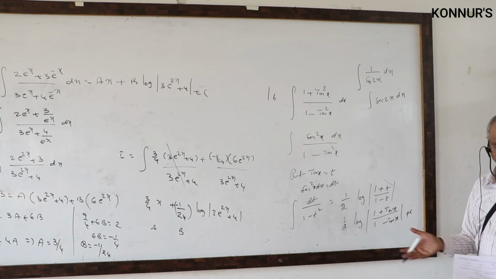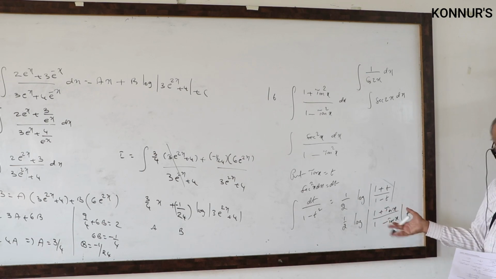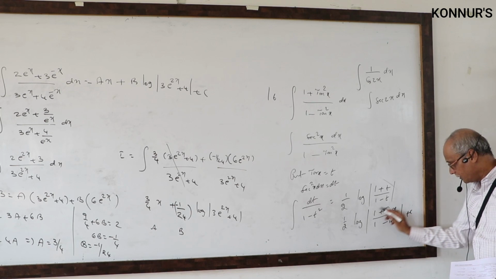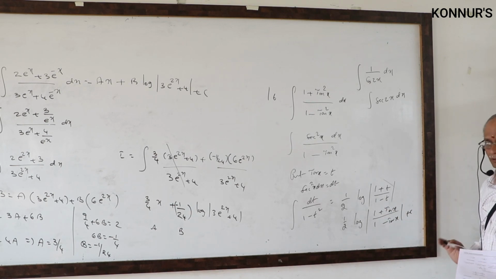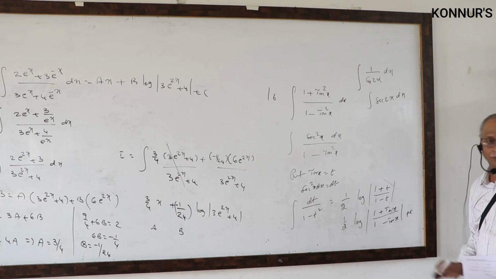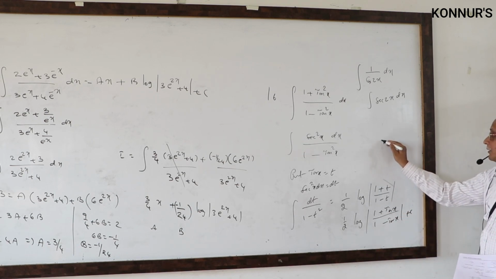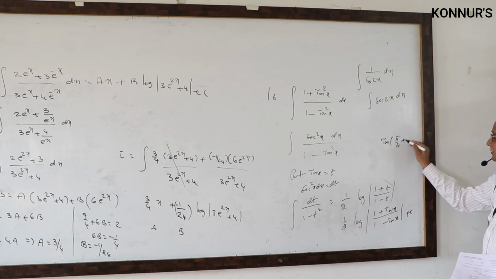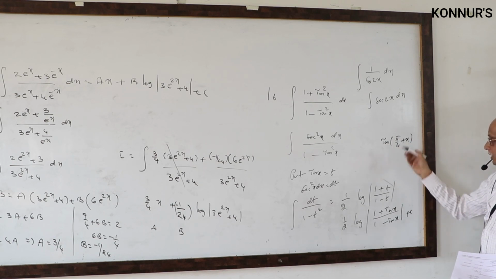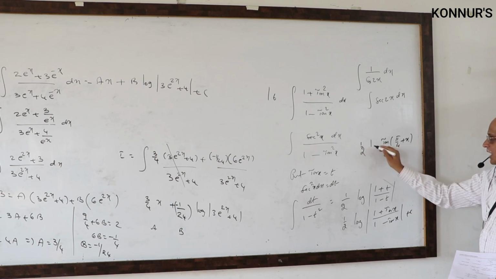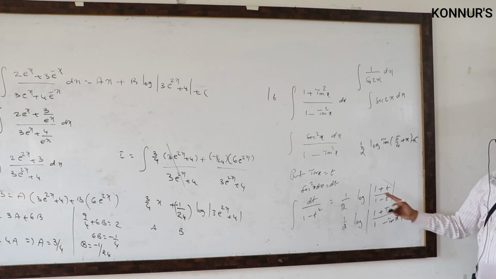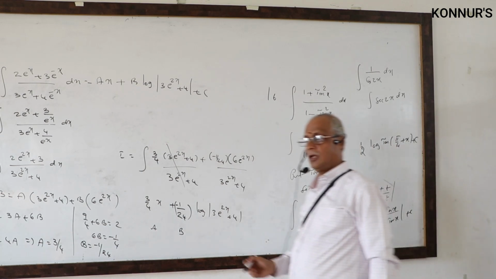In the CET paper it is okay, it is a direct question or direct answer. In mains, how will they write it? You know this trigonometry, compound angles. What is 1 plus tan x by 1 minus tan x? Tan of pi by 4 plus x. Hence, there is a chance of giving the answer in the shortest form, half log tan of pi by 4 plus x also. These are the possible answers.